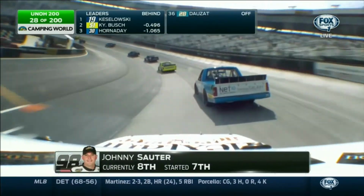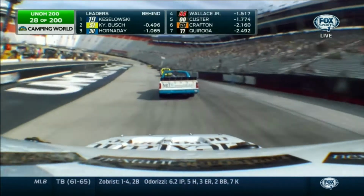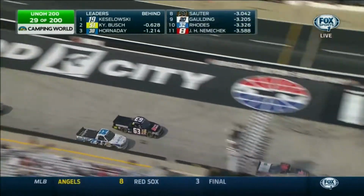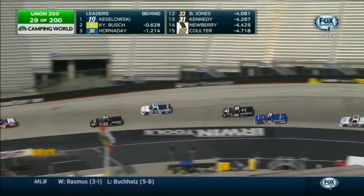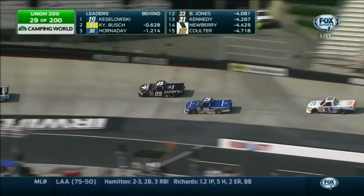Brad Keselowski took the outside on the restart, and he prevailed over Kyle Busch like Kyle did on the initial start. Max Gresham looking to the high side of the racetrack. There's a good shot of Ryan Blaney, that blue number 29. He was the highest placed truck that pitted during that caution flag, and he was running in the 13th spot,